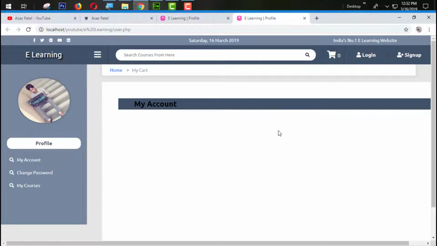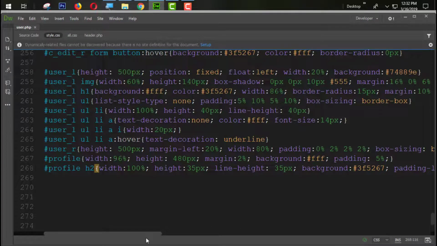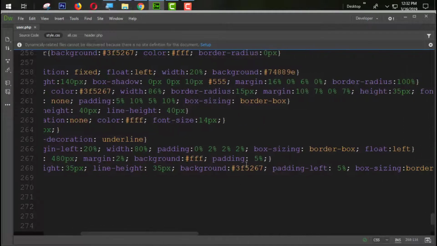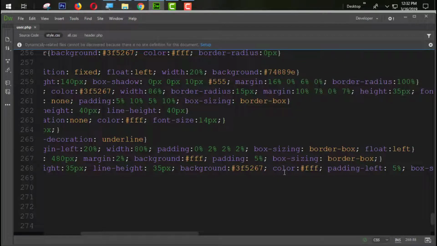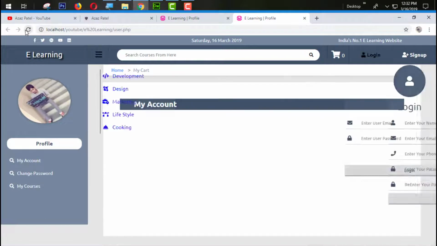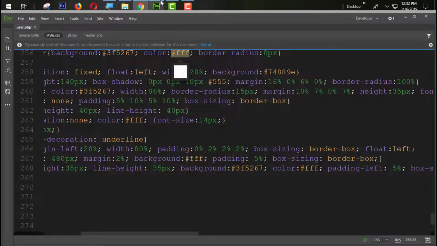So you can see that the extra spaces are coming from here just because we use padding here. Box sizing border-box, yeah. So we need to also set the box-sizing border-box property here, and its color will be #FFF. Let's refresh and check. So you can see that now the output is coming perfectly, but